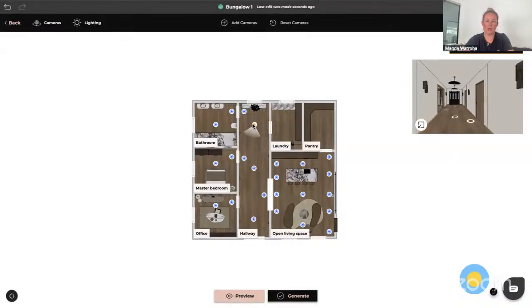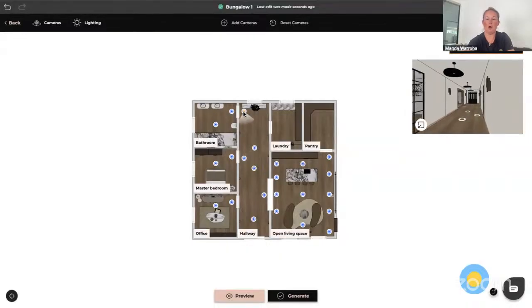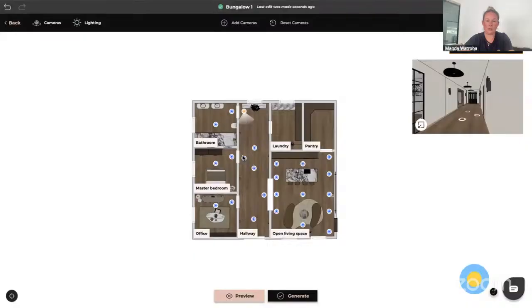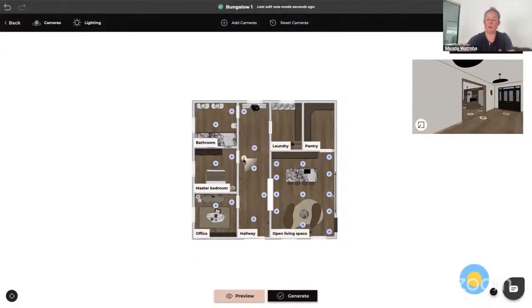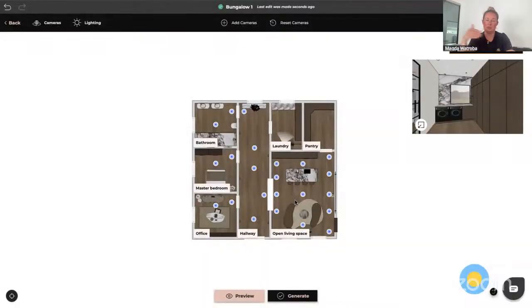So we will leave, let's say, one here, and that should be enough for the hallway. Now to remove the cameras, we click on the camera and press the delete key on your keyboard. Okay, this one we cannot. Some of them you won't be able to remove